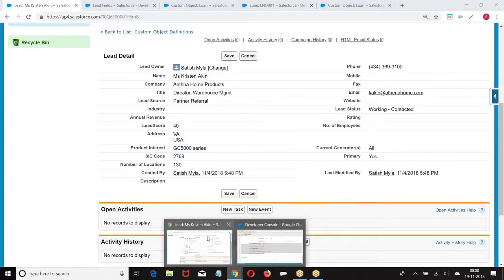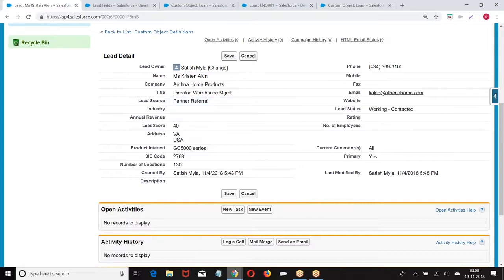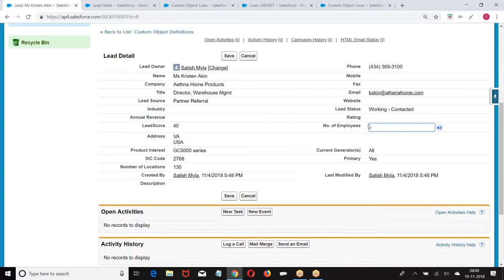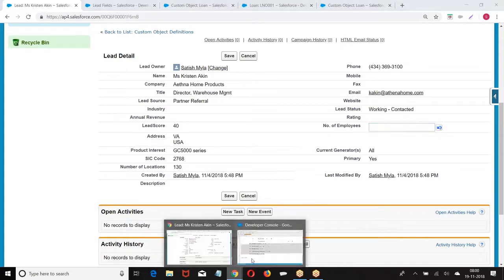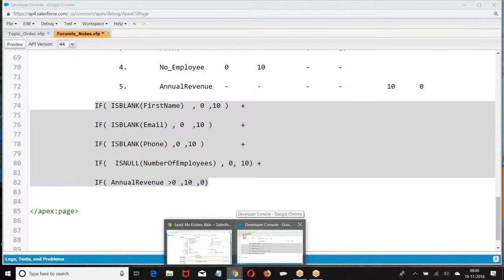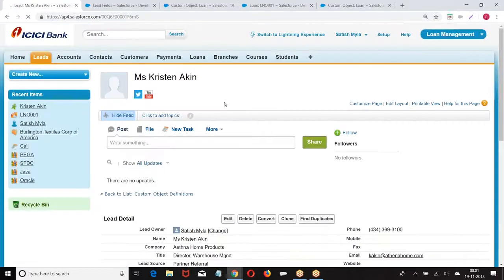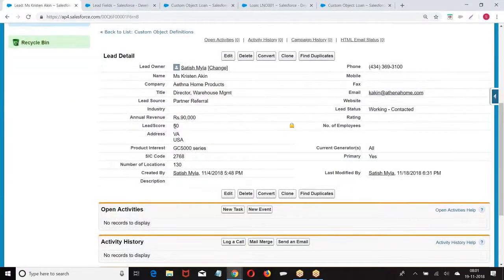Here we have a condition here. What was the condition? Number of employees, they are not taken as blank; by default value they might have taken as 0. If you take a default value as 0, what will happen? It will not be a null. If they give default value, it will not be a null. So probably they might have given default value as 0. Okay. Then annual revenue. This is how we are getting the score.